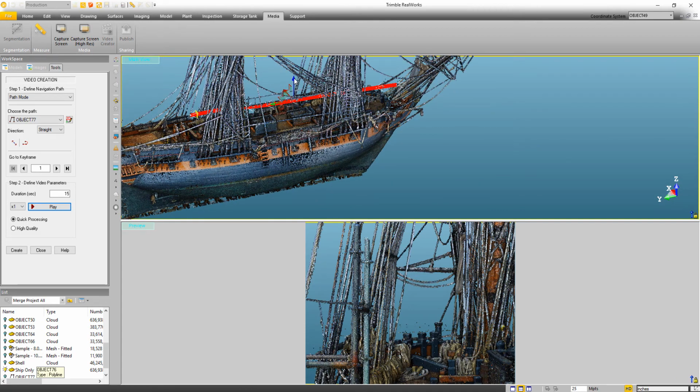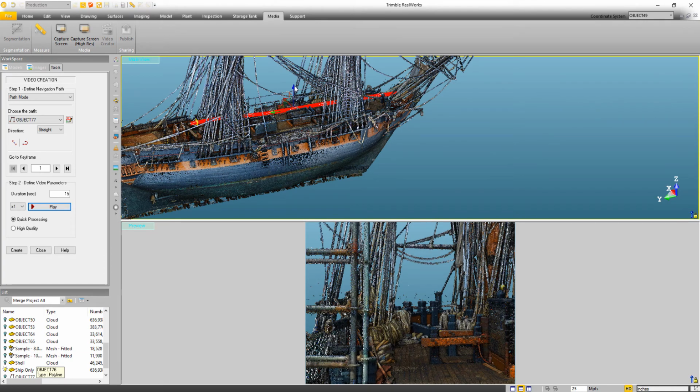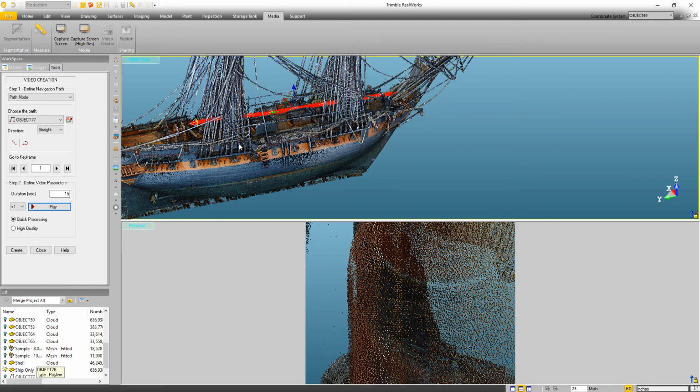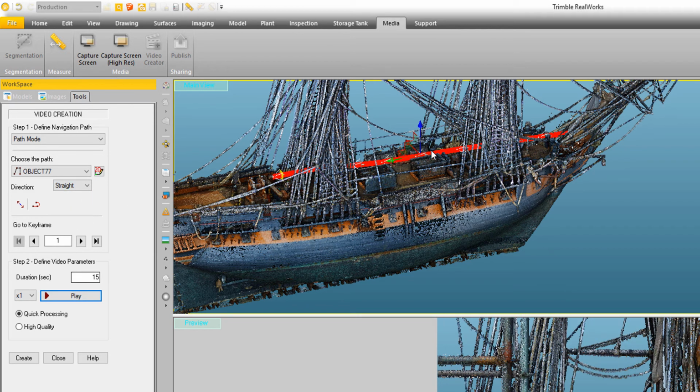I don't know if it would look good. Maybe move it down just a bit so we can see some interesting things. That looks good. Okay, so now I'm going to come up here and we've got the option for the direction. We can go straight or have the camera always looking left or right or top or bottom. So in this case we want straight, so that's going to follow along from the back of the ship toward